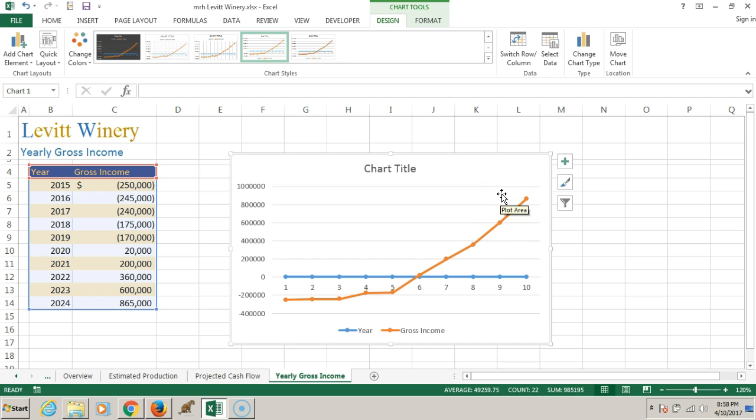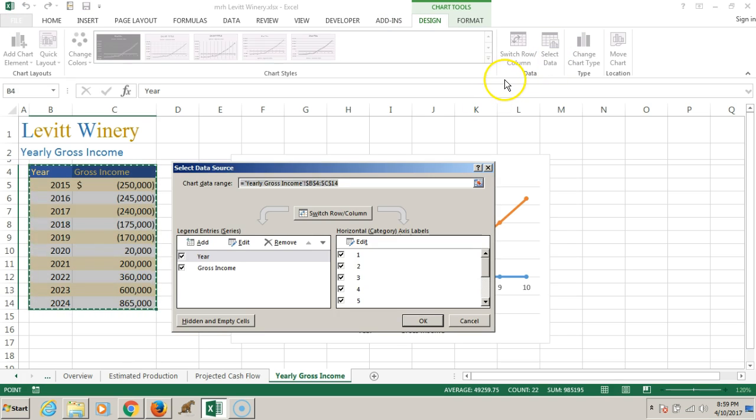Edit the chart's data source. So on the Chart Tools Design tab, at the very top, click the Select Data button. We're over here, Design tab, Select Data. It brings up a new box here, and we want to choose what's going to show up in here. So with the year selected,